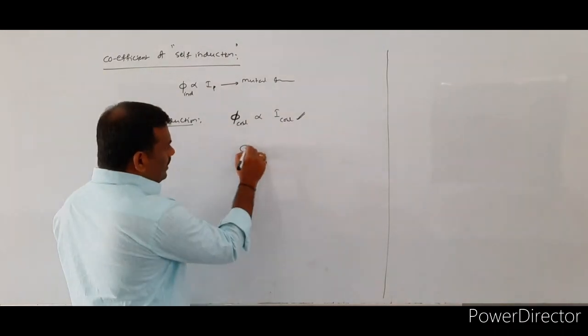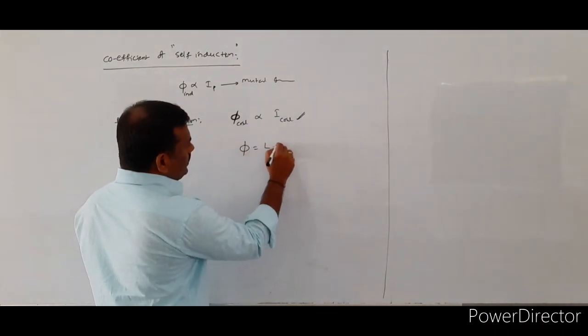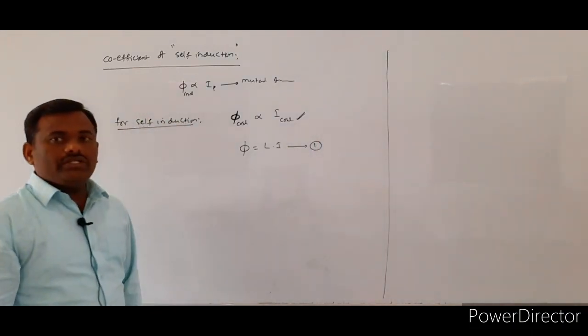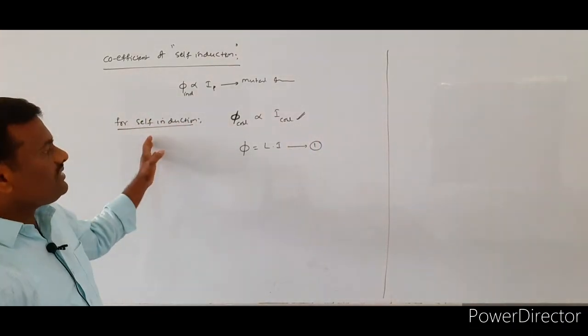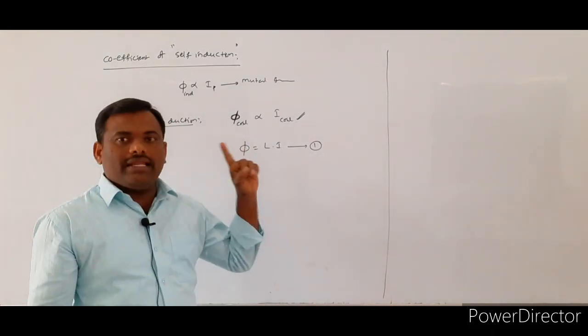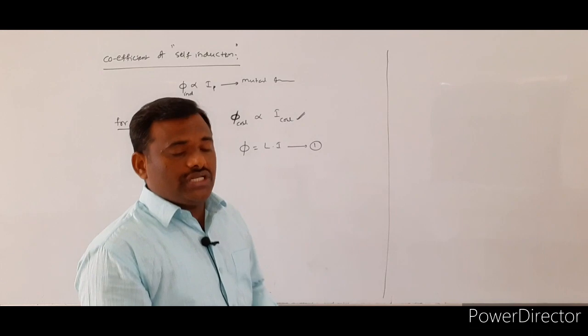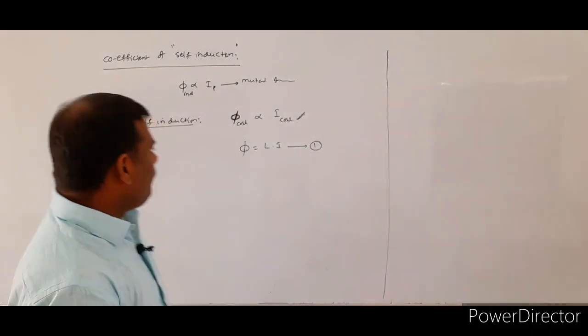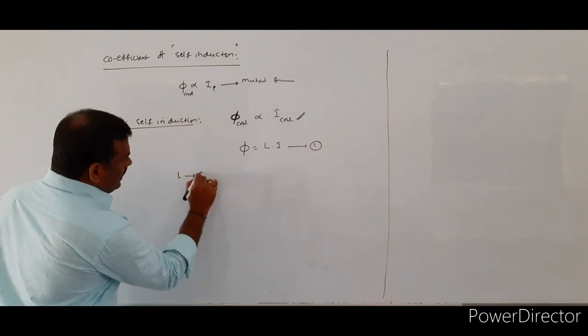To remove the proportionality, we have to introduce one constant. In the case of self-induction, the proportionality constant is indicated with capital L, where capital L is called the